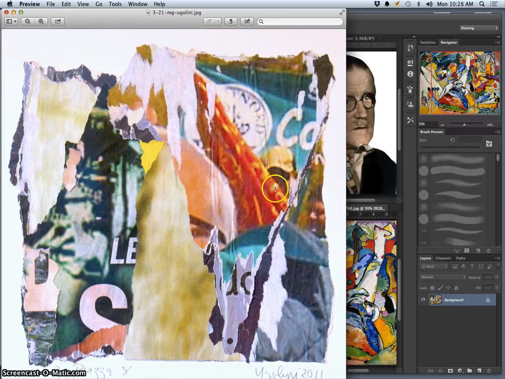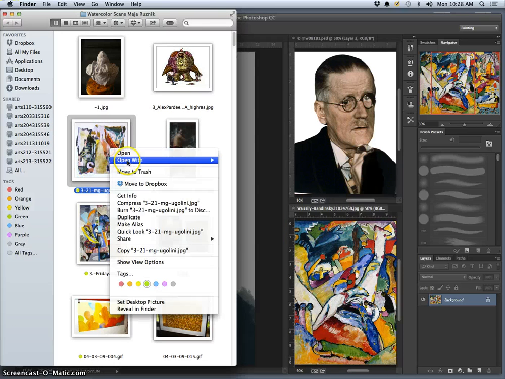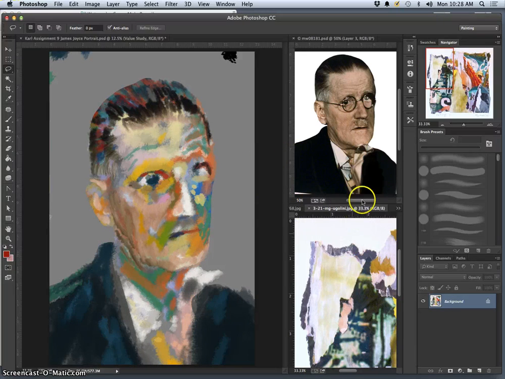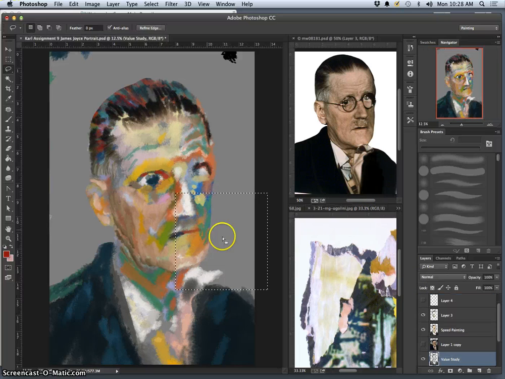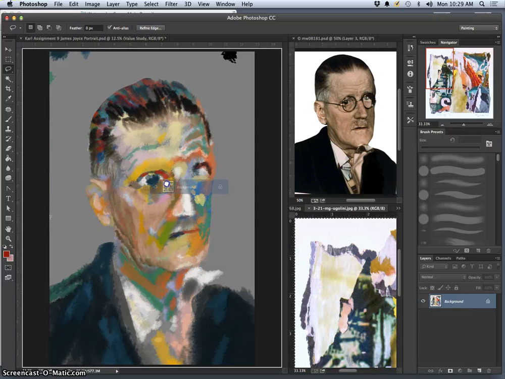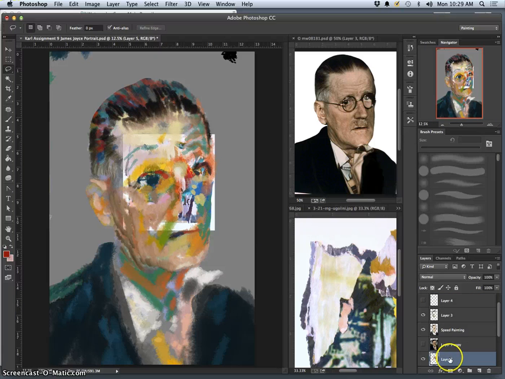Not just broken colors and bright colors like I altered this collage to be, but also kind of torn edges, different content, even some letter forms showing. Because that's a lot of how James Joyce approached his artwork, which was writing. His literature is kind of cut and pasted from different sources very often. So let me see. So if I steal that and I kind of paint it, maybe put it above everything,